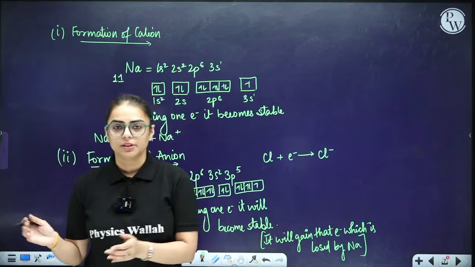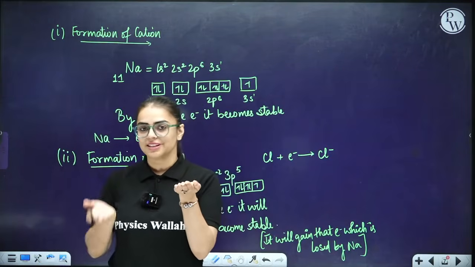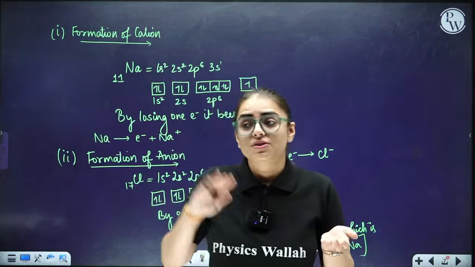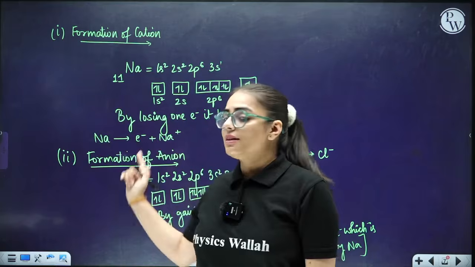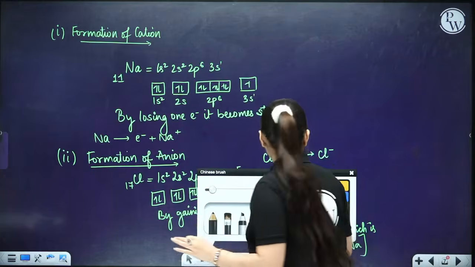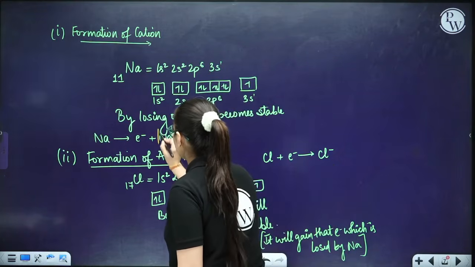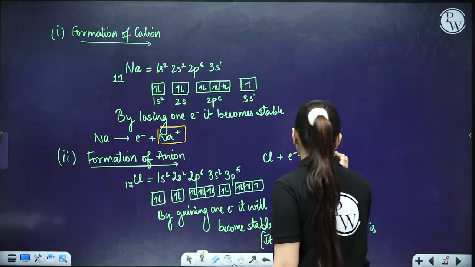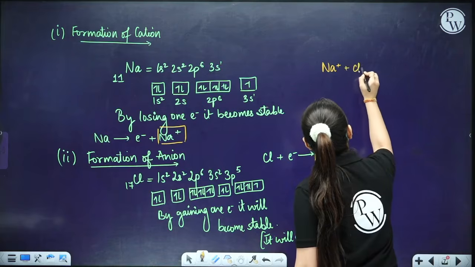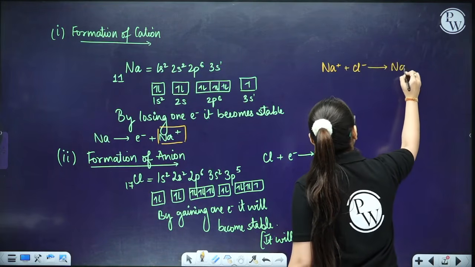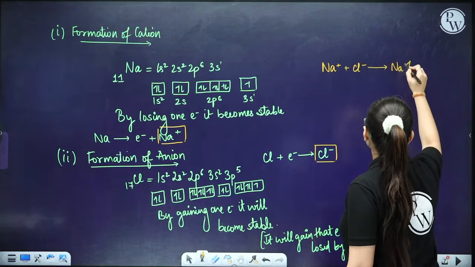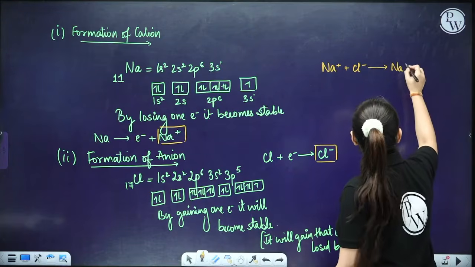Now see students over here. For example, I am a neutral species. I have positive and negative. If more negative is coming to me, I will become more negative. If more positive is coming to me, I will become more positive. Electron carries a negative charge, so when negative comes, it will gather a negative charge on it. Now what have we formed till now? We have acquired Na positive, we have formed Cl negative, right? So now when this Na positive and Cl negative combine with each other, they are going to form NaCl.